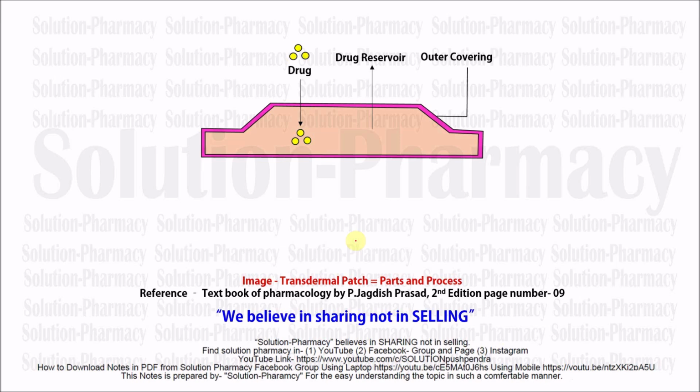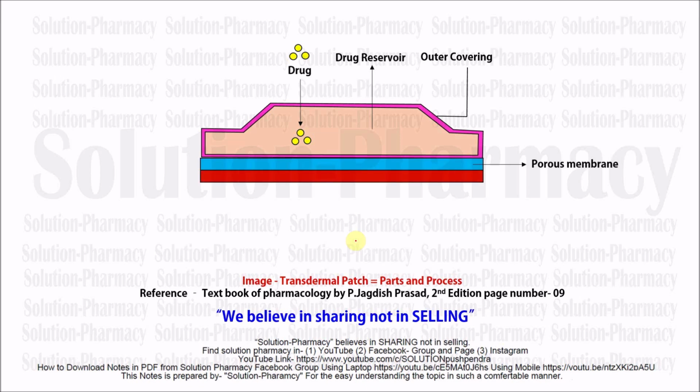It will prevent the backflow of drug. The next part is the first layer, that's called the porous membrane, as I have told you earlier. This porous membrane is fixed with an adhesive. That adhesive will go to the skin surface and will allow the drug matrix or drug patches to stick over the skin,